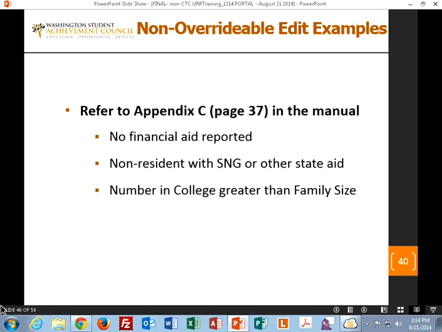If they're a non-resident, you're saying no for Washington residency, but they have a state need grant or other state aid. That will be a reject, if you will, a non-overridable edit, which hopefully the thing would be that, yes, they were a state resident, you just made an error.